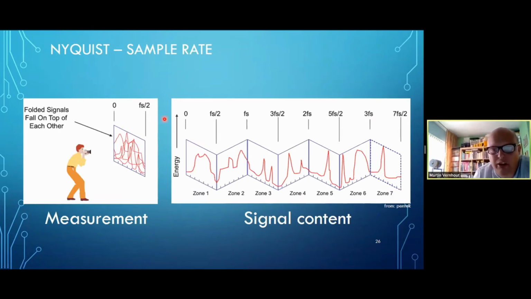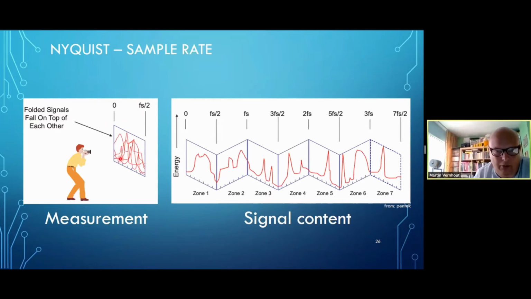So if the continuous frequency domain looks like this, we have a couple of zones, zone 1, 2, 3, 4, and they are in half multiples of the sample frequency. What we actually are looking at from a measurements perspective is only at that first zone. But it means this is like a fold-up system, that if there are signals in zone 2, they fold back, and they fold back actually mirrored. Zone 3 basically gets overlapped with zone 1, zone 5 gets overlapped with zone 1, zone 4 gets overlapped with zone 1, but mirrored again, and that means you're looking at this.